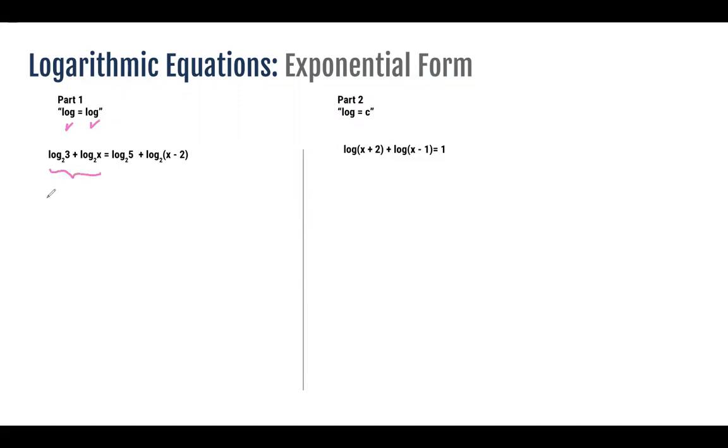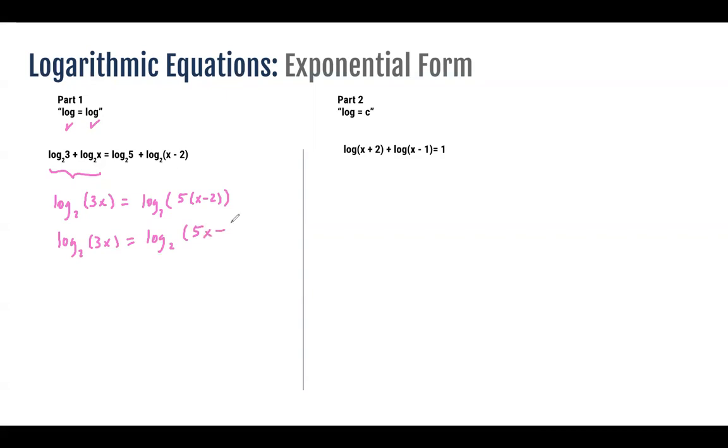So here we have two logarithms. Because we have an addition, we're gonna combine them as a multiplication. So that's 3 times x. And we have another addition on the other side. So we're gonna combine them as 5 times x minus 2. When we get that, we could go beyond that, having logarithm base 2 of 3x, and we could actually multiply